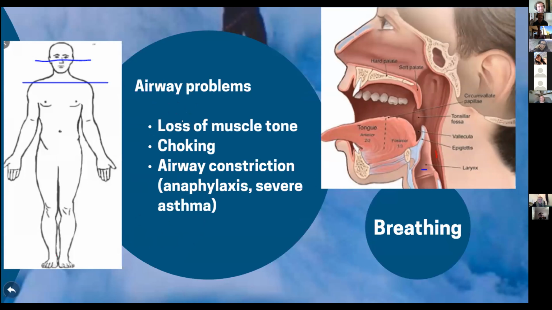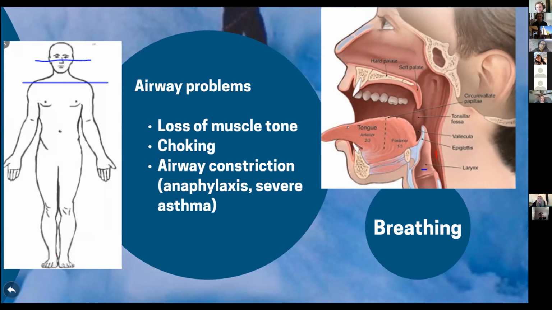So airway problems. When I think of the airway, I think of the bridge of the nose to the base of the neck. This is the airway that I focus on during my patient assessment. So if an individual goes unconscious or unresponsive, they can lose muscle tone. It takes a conscious individual to create movement of their body and to retain a certain muscle tone. So if someone's lying on their back and they're unresponsive, the tongue and epiglottis can actually close over your windpipe.